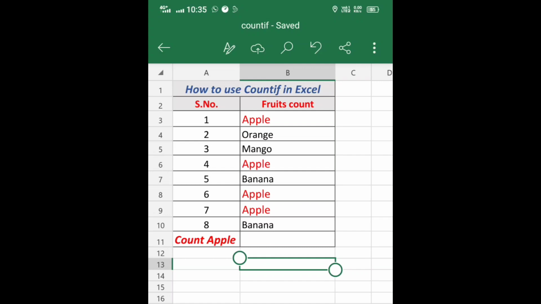I have taken some records, 8 records, that is a fruits count. So I will take apple, orange, mango. I am going to find how many apples are in this record. For that you have to select the cell and you have to type